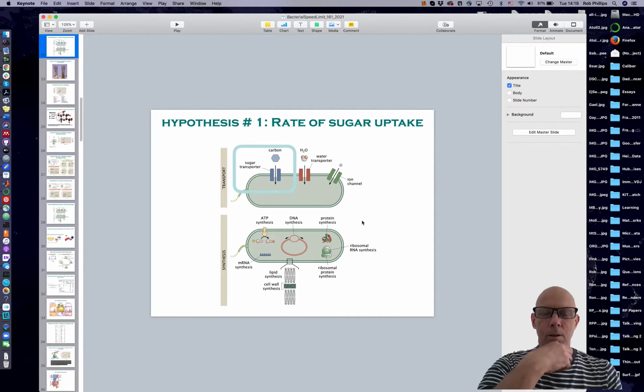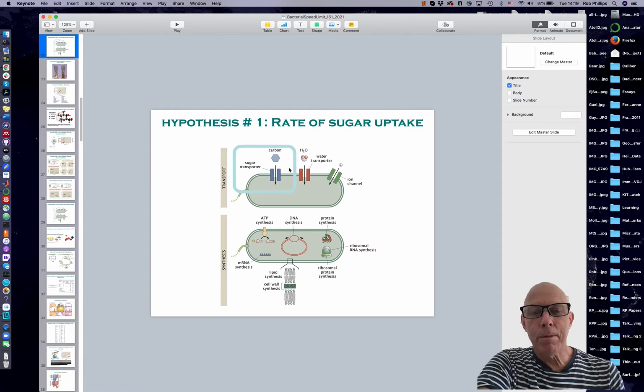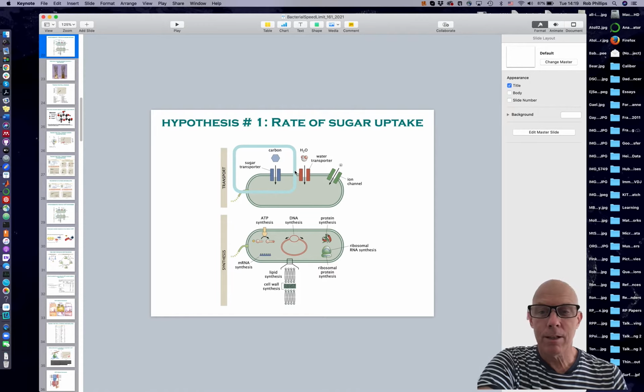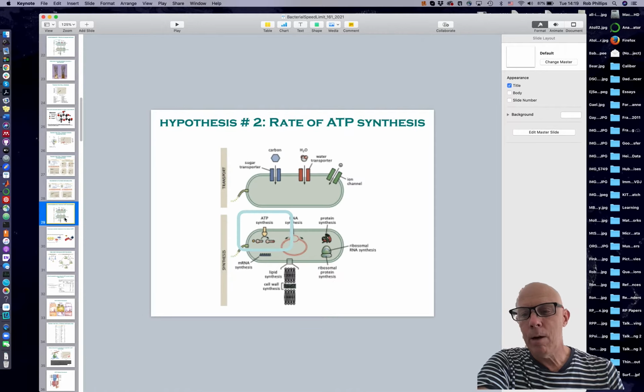As you can see here, we started out with this hypothesis of the rate of sugar uptake as being rate limiting. After carrying out some calculations, we showed that it took on the order of several thousand sugar transporters, and there's certainly enough room for the cell to add more transporters in order to accommodate higher rates of uptake. So now we're going to think about the rate of ATP